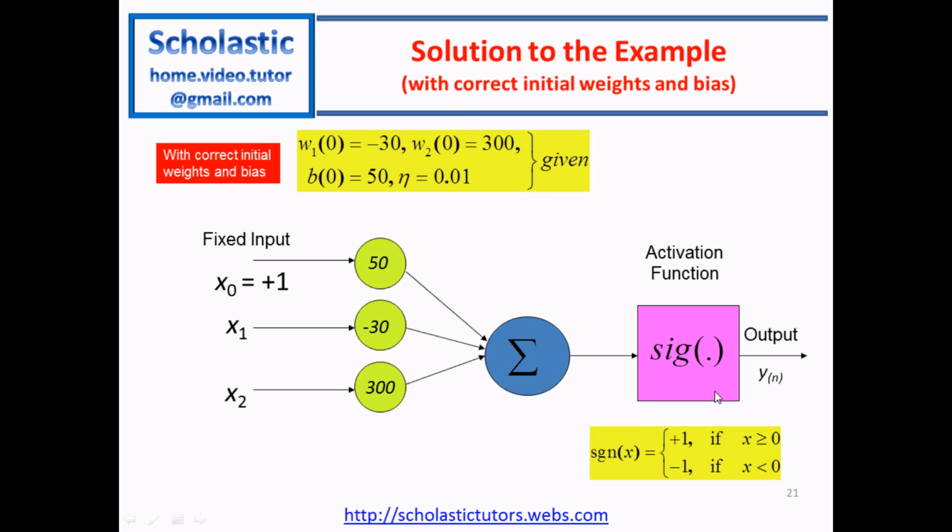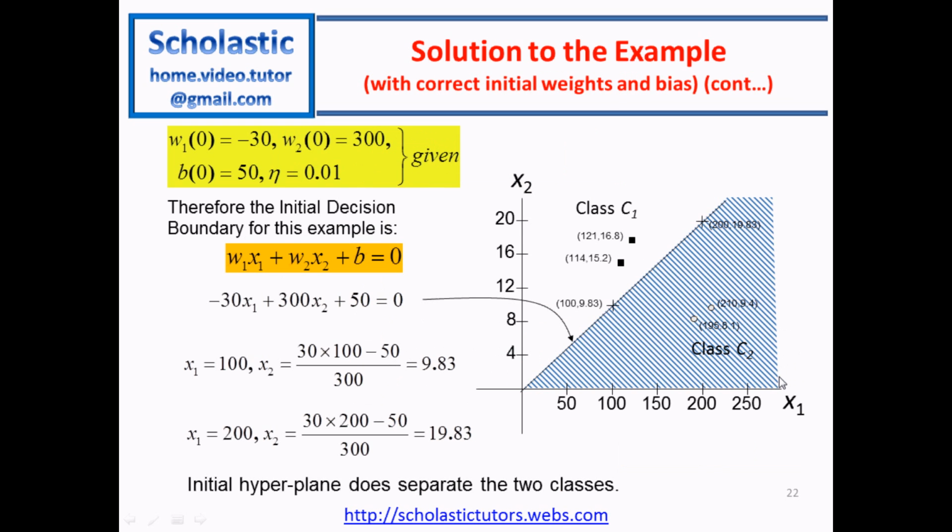So we have this signum function and the output is there. What we do next is try to substitute the known parameters. We have our boundary now. We're going to draw the boundary, and these are our two classes, class 1 and class 2. When you plot using the weights, because we saw that our hyperplane is normally defined by w1 times x1 plus w2 times x2 plus the bias,